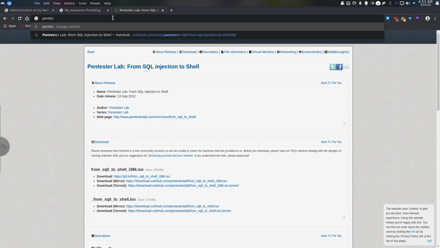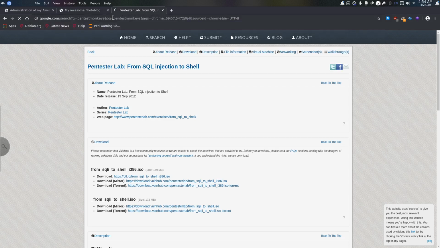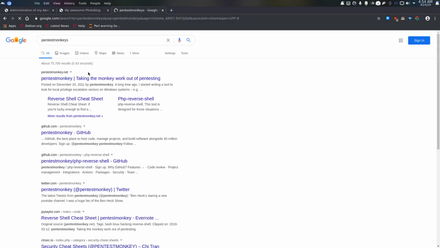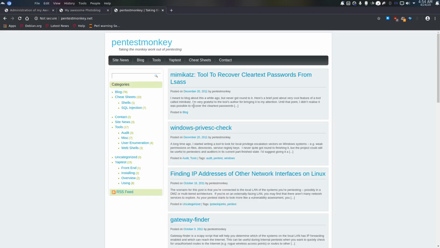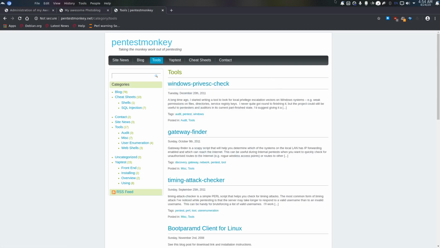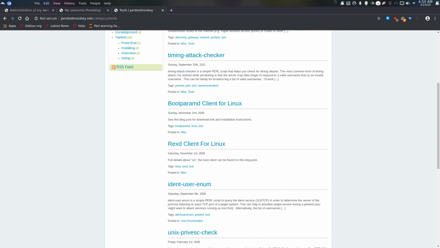No, not that one. Pentest Monkey. Oh yeah, so here they are. They have a lot of interesting things, from cheat sheets. For me, I just came here, to tools. After tools, I just went down to